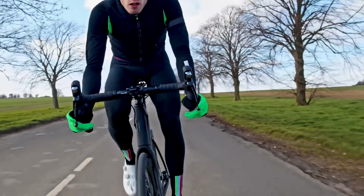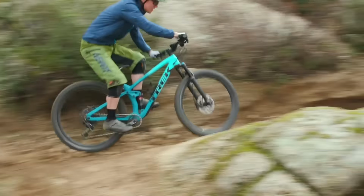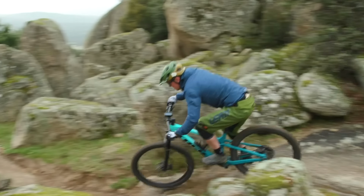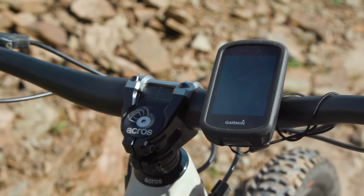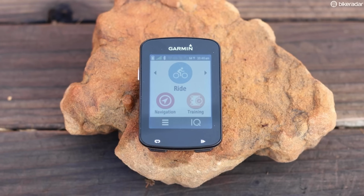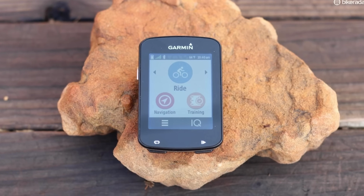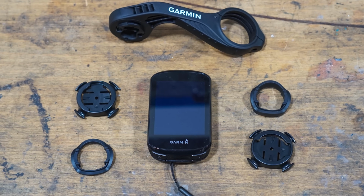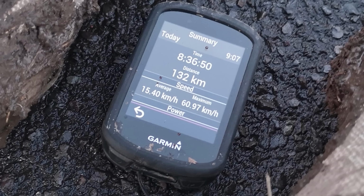Filming or testing days are often long, so another impressive feature of the 830 is the claimed 20 hours of battery life in GPS mode. In reality, you'll probably get less, but it's still a decent improvement over the outgoing 820 model. Finally, it packs in nearly all of the functionality of the Garmin Edge 1030 and 1030 Plus at a significantly